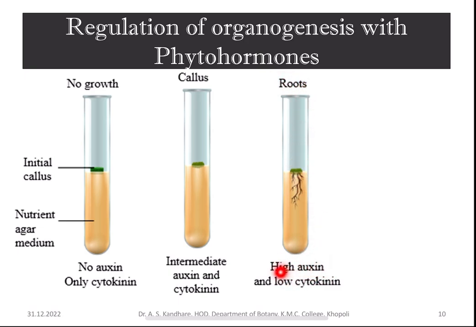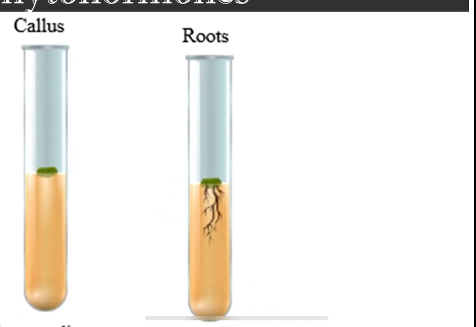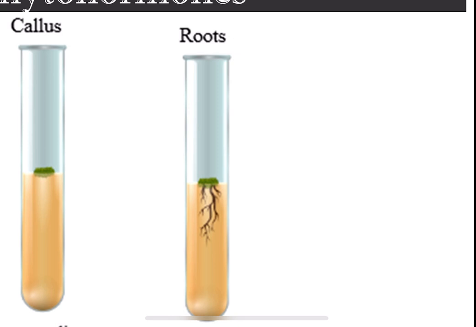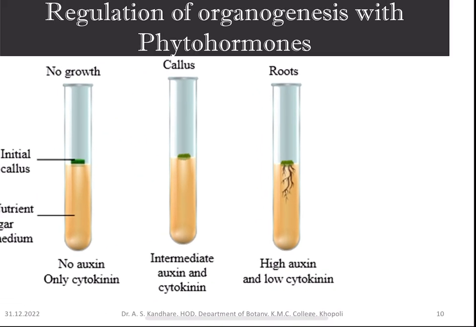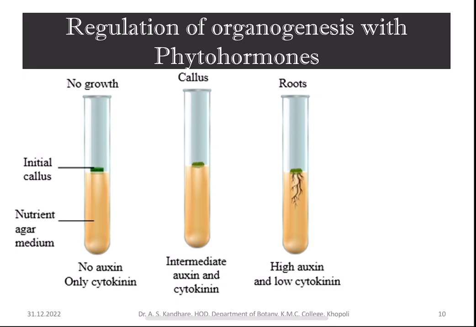Because high quantity of auxin is supplied compared to cytokinin. तो साइटोकाइनिन की मात्रा कम करके ऑक्सिन की मात्रा ज़्यादा देते हैं, तो यहाँ पे उस कैलस में रूट डेवलप होते हैं. So here you can see the callus develops roots when auxin is provided in more quantity compared to cytokinin. तो इन दिस वे यू कैन रेगुलेट और मेंटेन the condition and organ formation depending upon